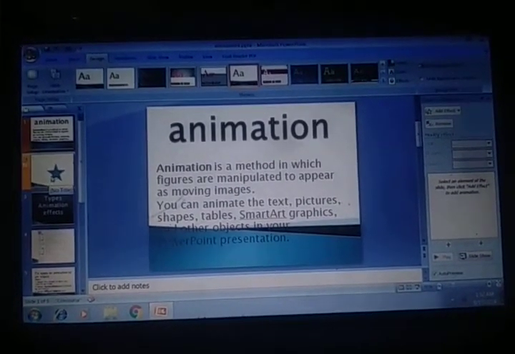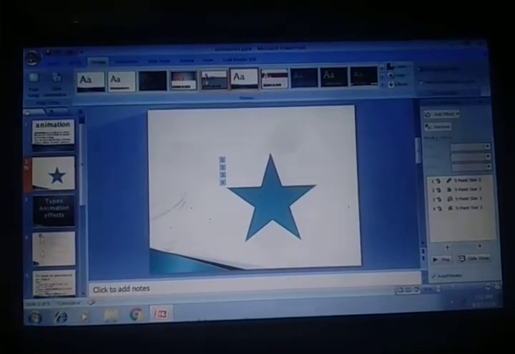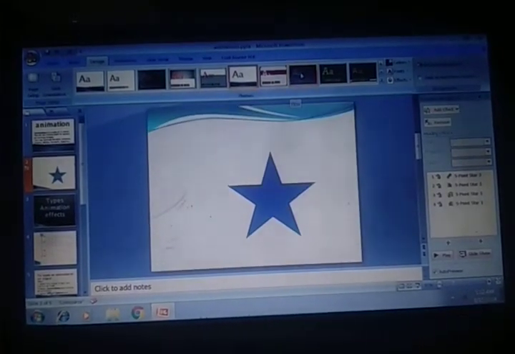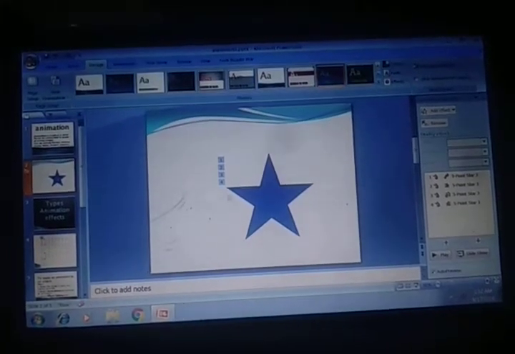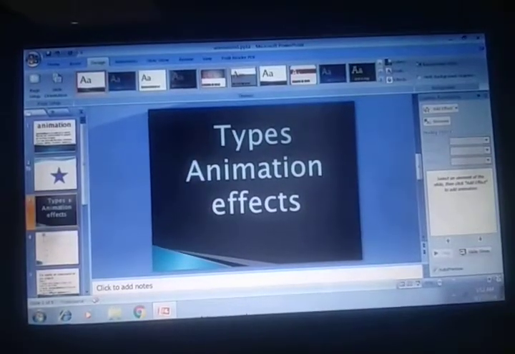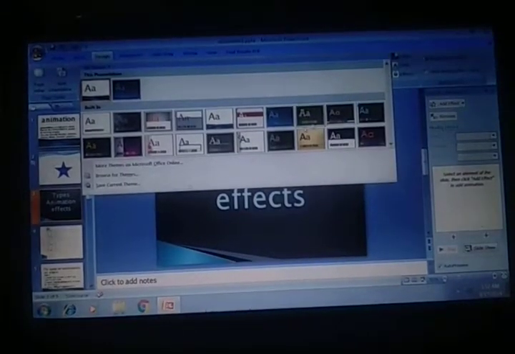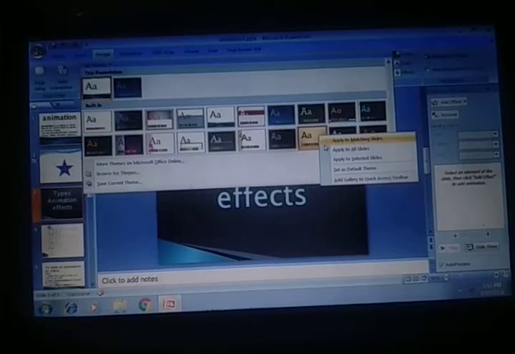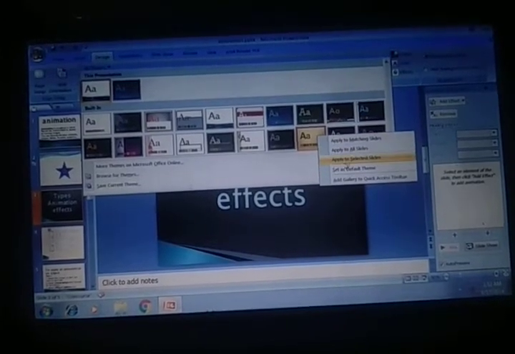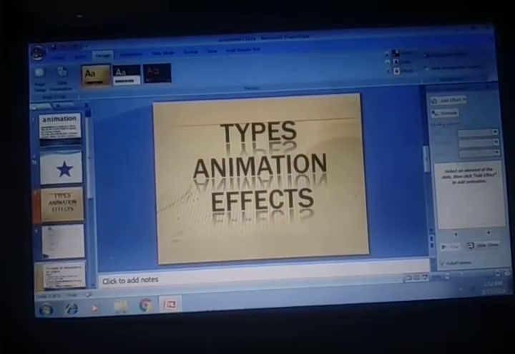Like I am selecting the second slide, then right click on the particular theme and apply to selected slide. Okay.